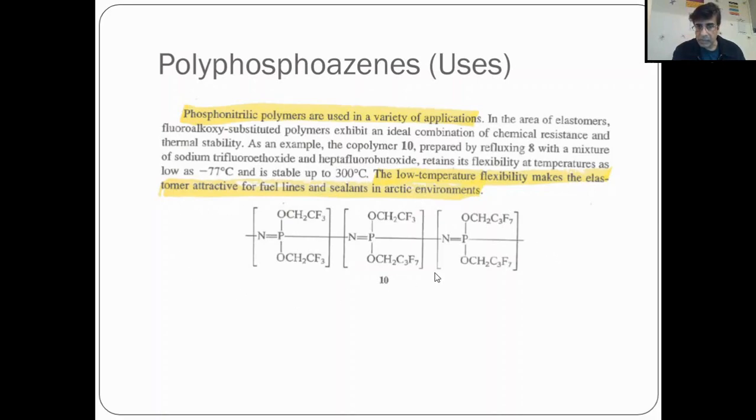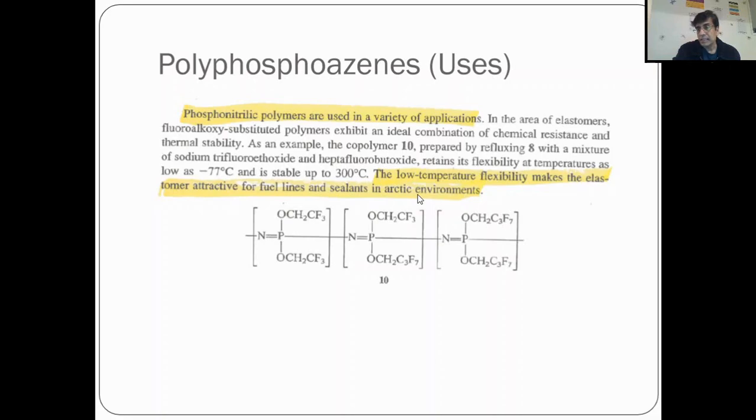And why this polymer is important, all these efforts why we did, only because of preparing this polymer. Why? Because of its fluoro group, it has a greater flexibility at a temperature lower than minus 77 degrees Celsius, and this polymer is stable up to 300 degrees Celsius. That is why this can be used for the elastomer used in the fuel lines and sealants